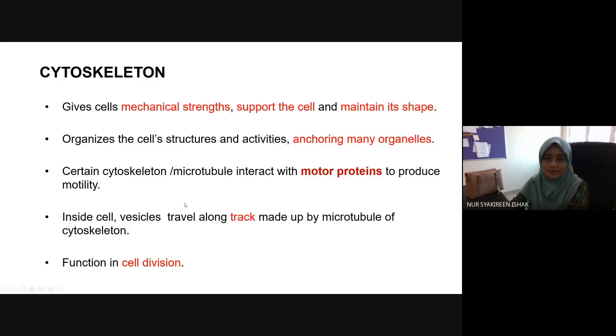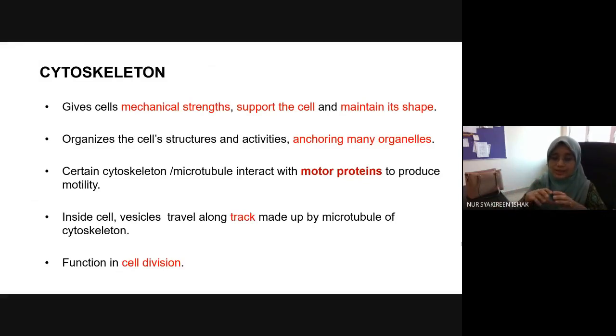Okay, inilah contoh dia. Okay, contoh pergerakan vesicle. And then the cytoskeleton is also involved in cell division. For example, the microtubule, the first one tadi kan, the microtubules will form the component of the centriole. As you know, the centriole is a component of the centrosome that is involved in cell division,